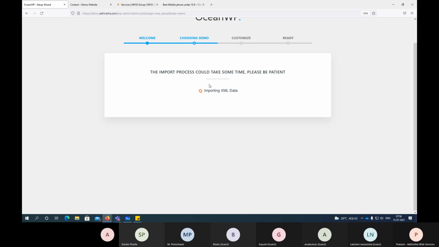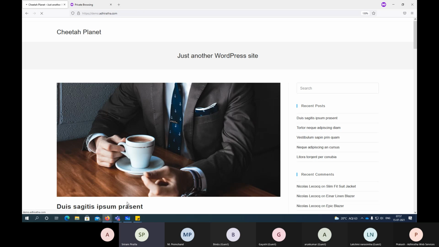Okay. Just vice versa, can I get all these files from WordPress to normal hosting? That also may not be possible, because if it is something simple and static, yes, you can do.